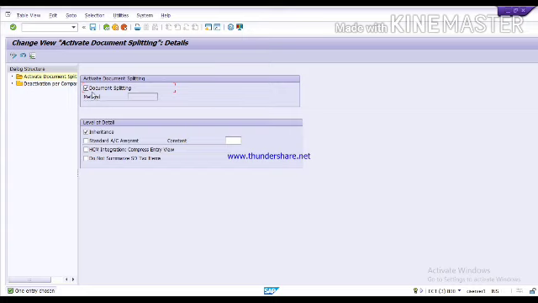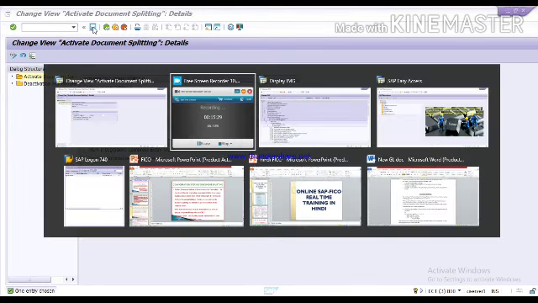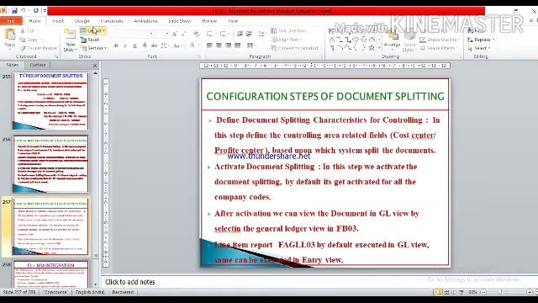If I start this functionality, it will execute for all company codes and other users will suffer. So I have shared with you the configuration steps as you have to perform this step. So like this, you can just click on it and save it. So like this, all your configuration steps are completed for the document splitting.